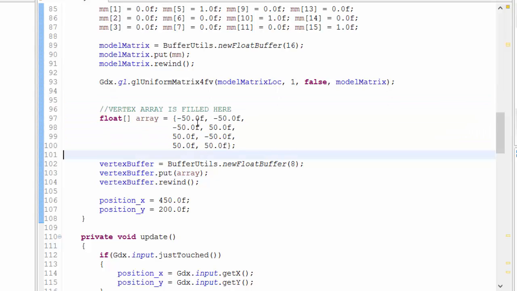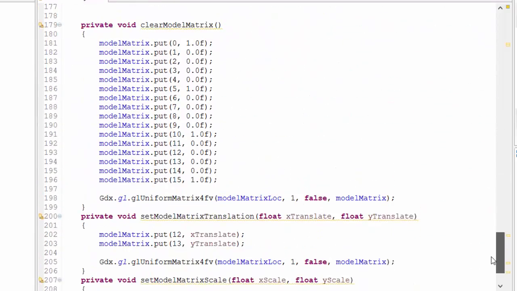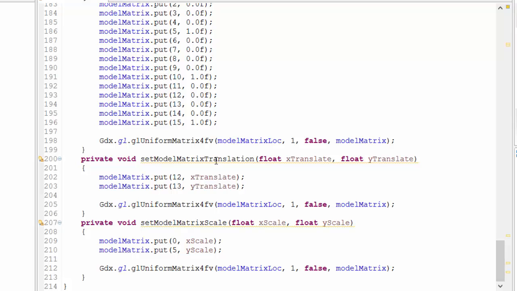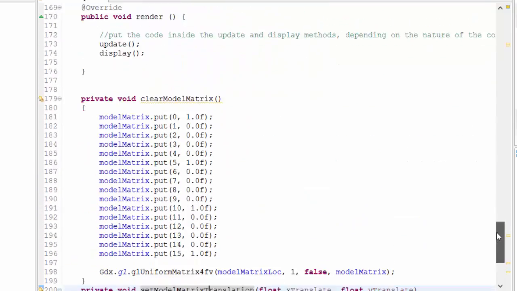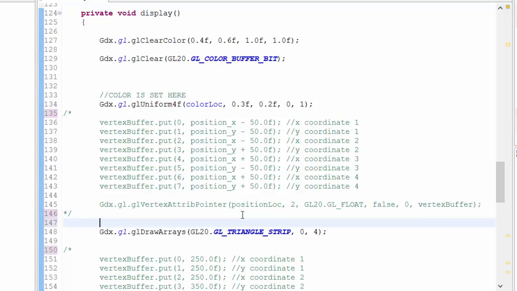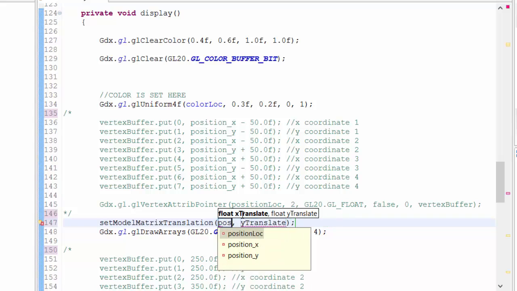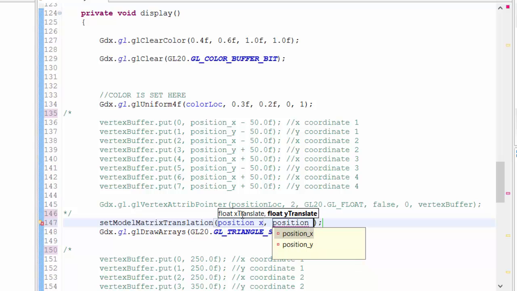So the buffer has these values, -50 to 50. What we want to do is call one of the functions that we have here below, where we're setting different values into the model matrix, and the model matrix is part of our shader, and the model matrix manipulates the data and the vertices that we're sending through the shader. And so we should instead be able to say, okay, what I'm going to do here is I'm simply going to call set model matrix translation to position X and position Y,